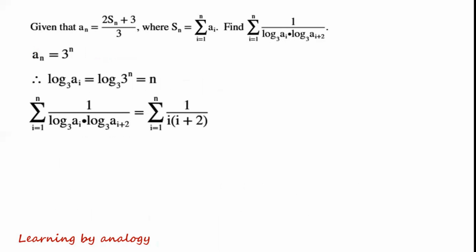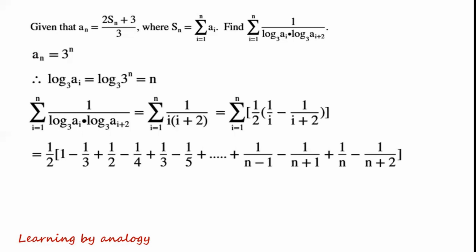Sigma i equals 1 to n of 1 over log to the base 3 of ai times log to the base 3 of ai plus 2 equals sigma i equals 1 to n of 1 over i times (i plus 2), which is equal to sigma i equals 1 to n of a half times (1 over i minus 1 over i plus 2),